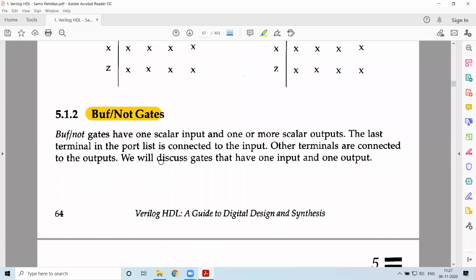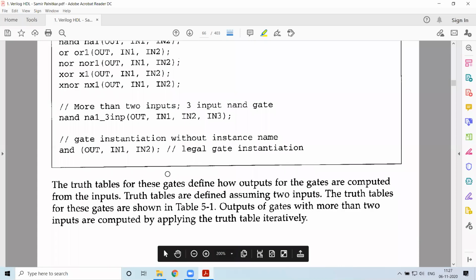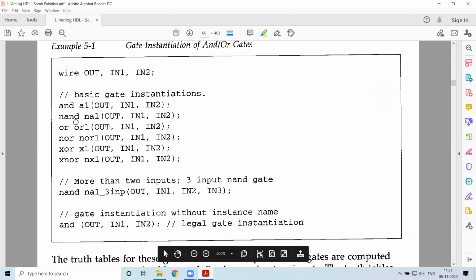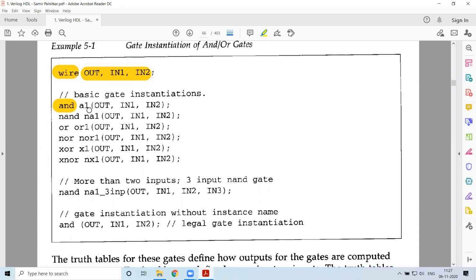Another thing to remember here, because we will be using it henceforth again, is this example. Here we have given wire out, in1 and in2. Now, how am I instantiating this? 'and' is the keyword, the inbuilt module defined in Verilog.